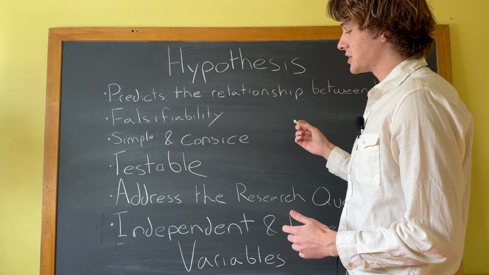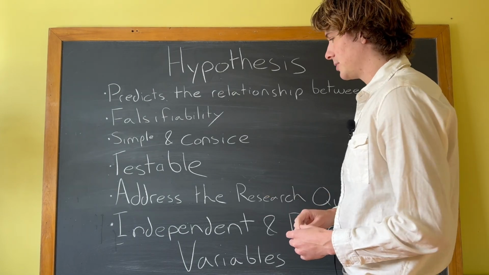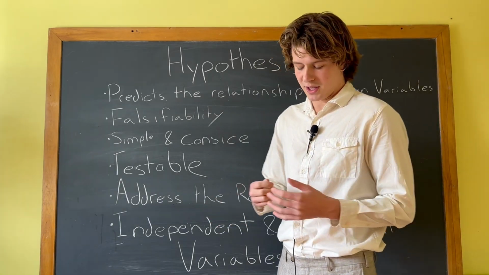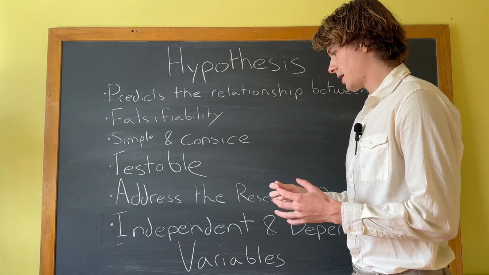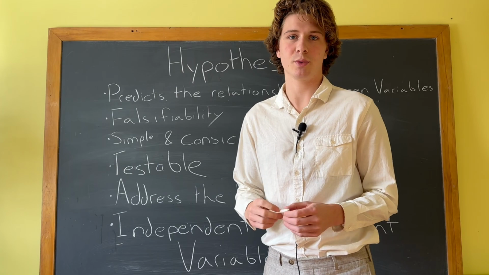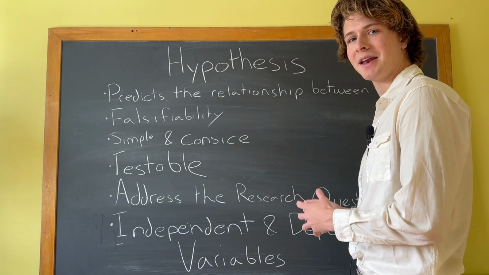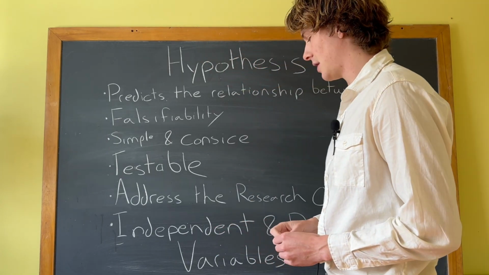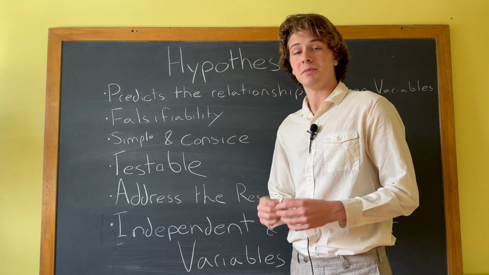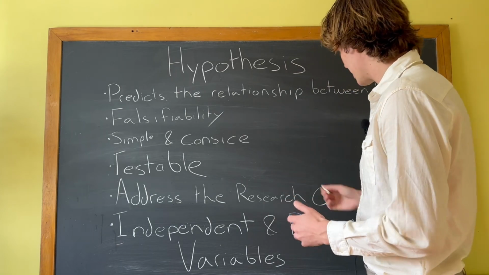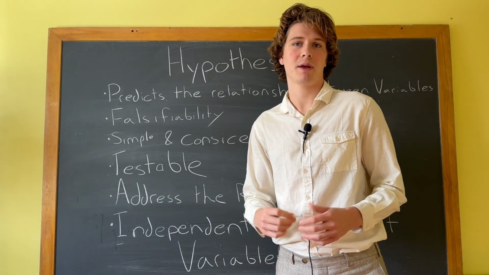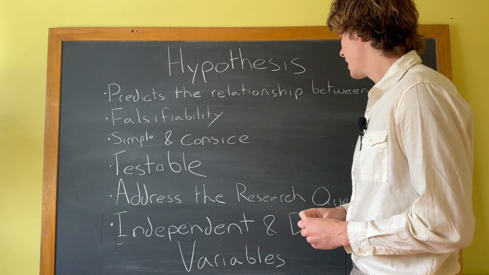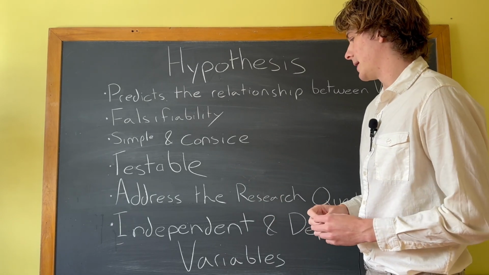A hypothesis should account for the independent and dependent variables. I suppose I should expand on this a little bit here. The independent variable is the part of the hypothesis that you expect to change the dependent variable, right? So let's use the example of the germ that I've been referencing here. The independent variable would be the germ itself. The dependent variable would be the health of the individual, maybe classified by symptoms or presence of a fever or whatever it may be. However you want to define that, right?